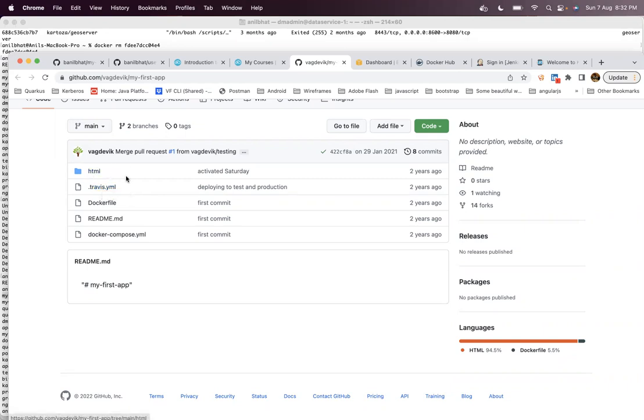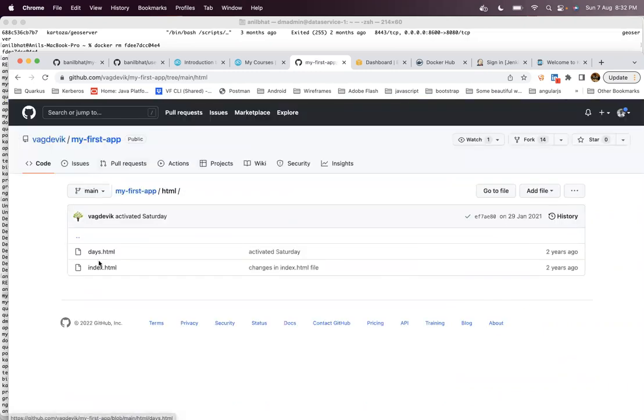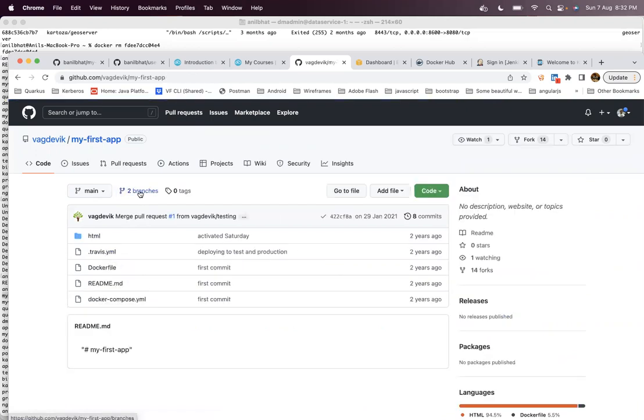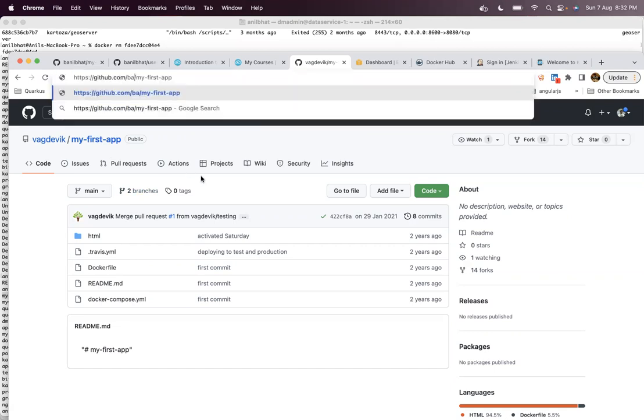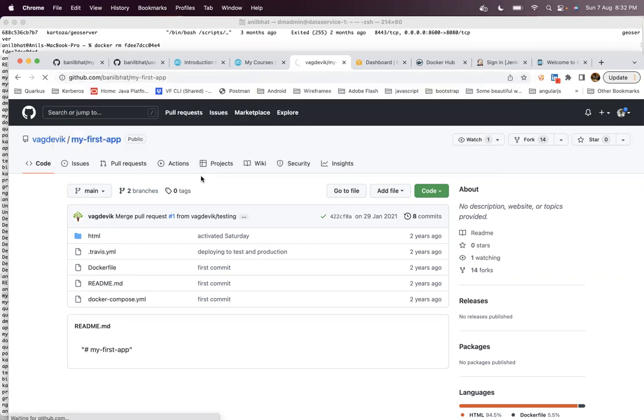For our demo purpose, we are using a simple HTML application, which contains only two HTML pages, and we want to deploy it inside Docker, not on the machine. In order to create your own Docker container with the application inside it, you can use a command called docker build. That's what we will try to do now. I have forked this repository into my personal repository, so I will use that. Both contain the same code. I'll just use mine.